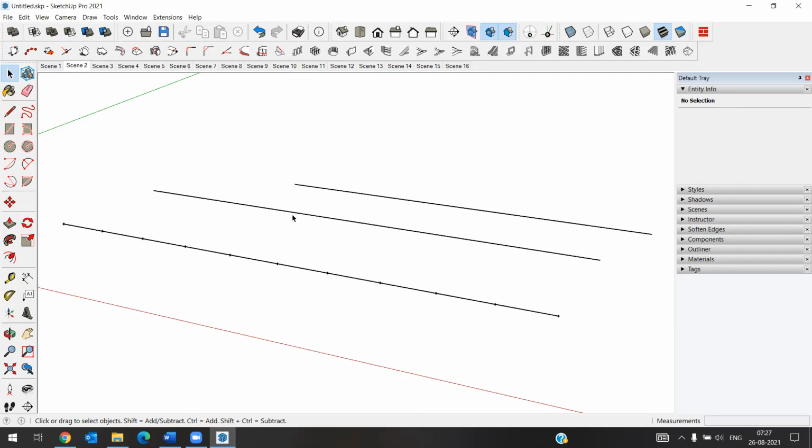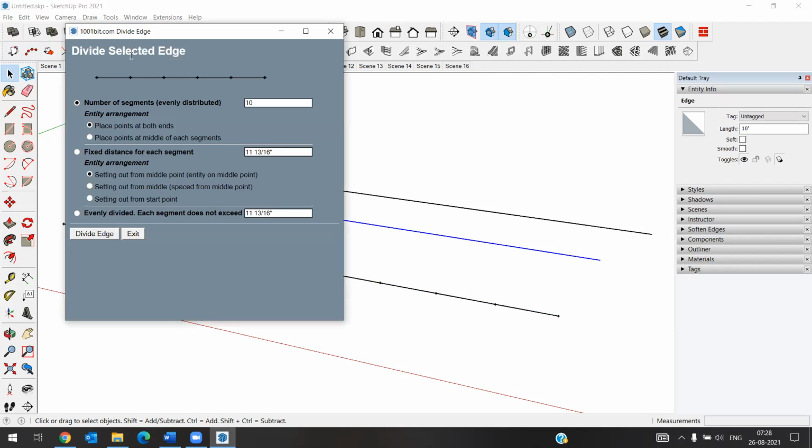Or otherwise, select this, go to divide, place points at middle of segments. See here, now it is at the end point, right? Now it will be in the middle of this, here, here, here, like that.